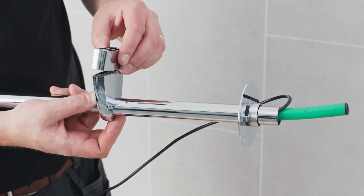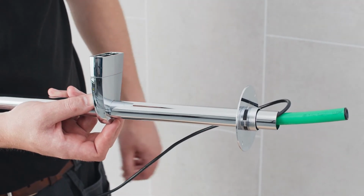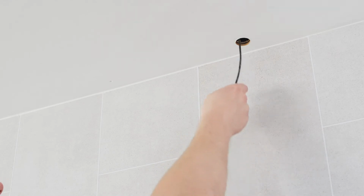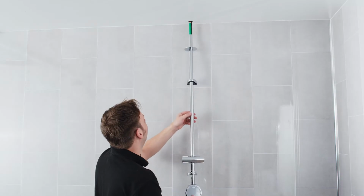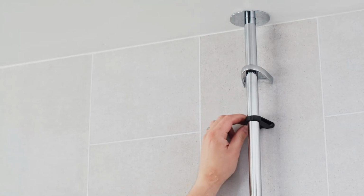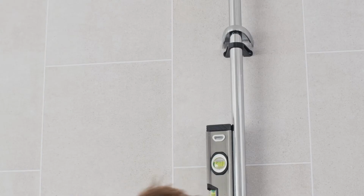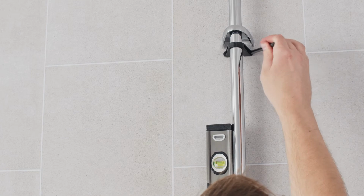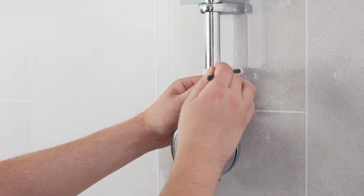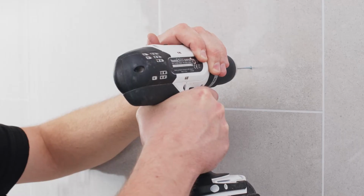In the event that this is in line with a ceiling joist, spacers are also supplied to allow the riser kit to be installed further away from the wall in order to avoid these. To mark the wall for drilling, feed the riser rail pipework and communication cable up into the ceiling space, identifying a suitable height for the riser rail assembly and that a suitable length is inserted into the ceiling space. The fixing points can then be marked on the wall using a spirit level to align the riser rail. The wall can then be drilled